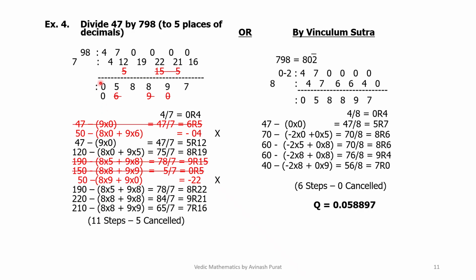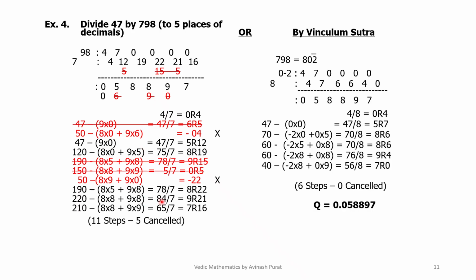190 minus 8 into 5 plus 9 into 8, that is 78 by 7 equal to, instead of 9, we consider 8 as quotient and remainder is 22. So 220 minus 8 into 8 plus 9 into 8,